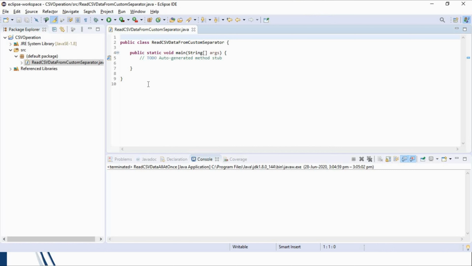Okay, let's start our program. First we will define the path of our CSV file, and we will copy the path of our CSV file where it is saved.